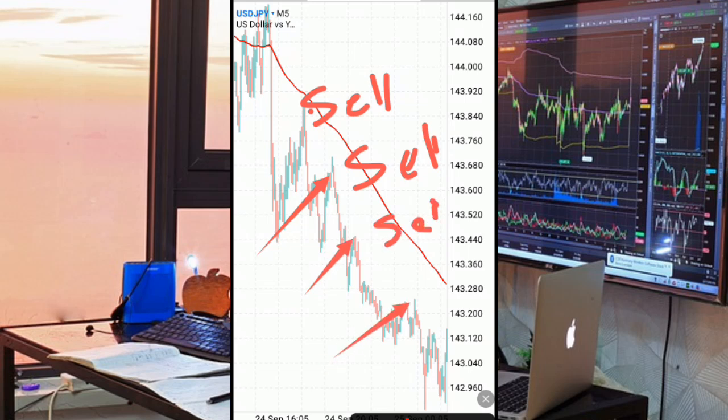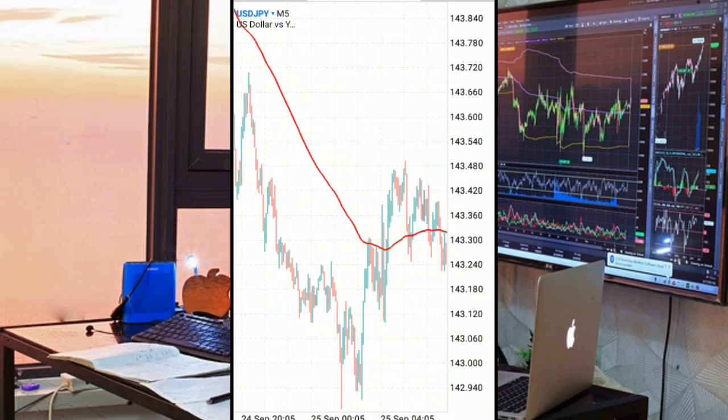You can have another one here, you sell. Imagine that this is just one pair, and this is just an analysis on one price movement. So you can enter as many trades as you can, because you will still be having this one active